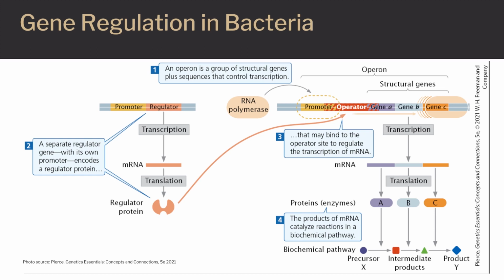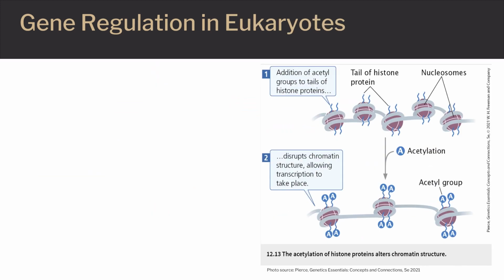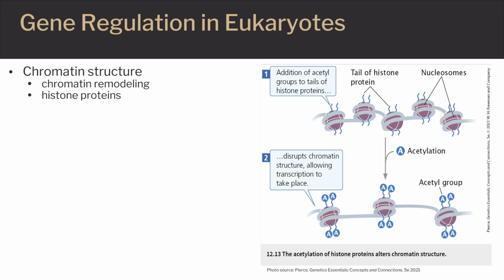The operator usually overlaps the end of the promoter and sometimes the end of the first structural gene. Gene expression in eukaryotes is regulated by different methods when compared to bacteria. One way of gene regulation is by changing the structure of the chromatin. Chromatin structure can be altered by chromatin remodeling complexes that reposition nucleosomes, by modification of histone proteins, and by the